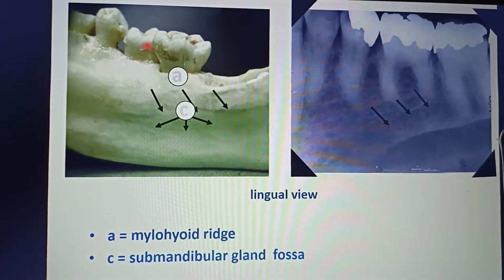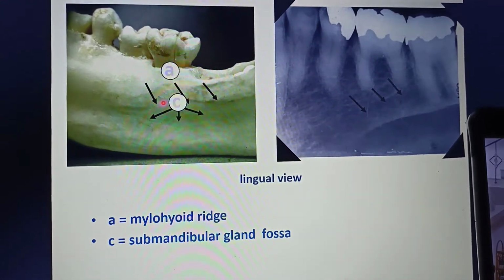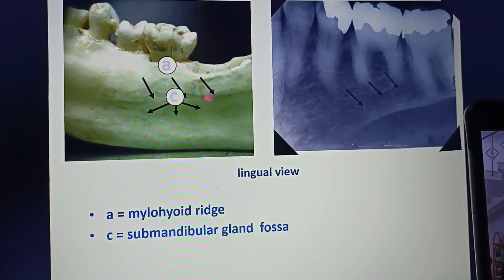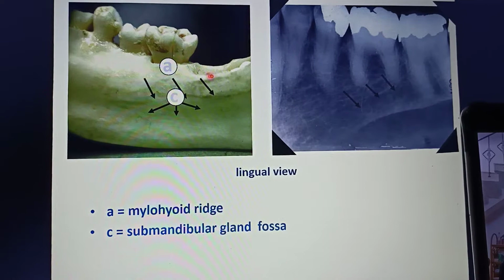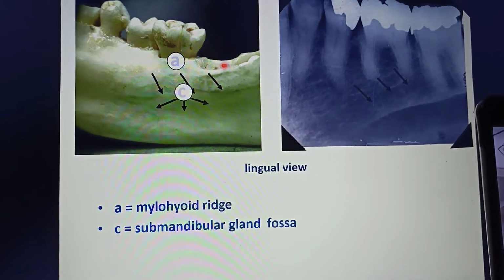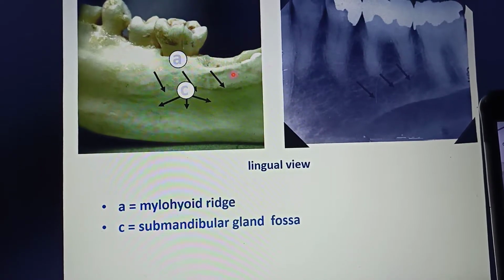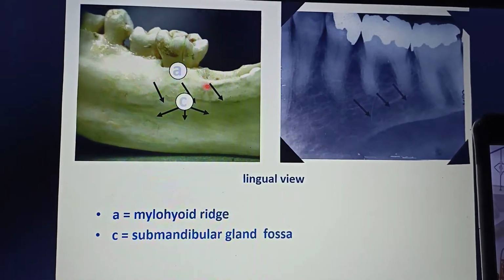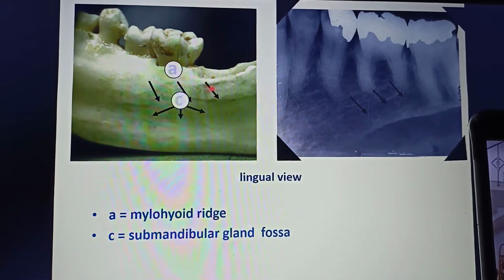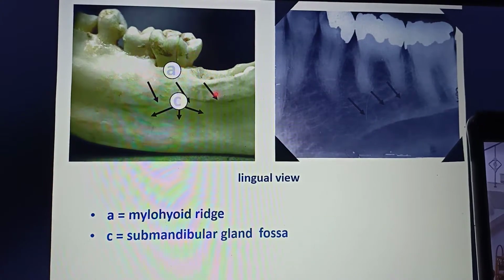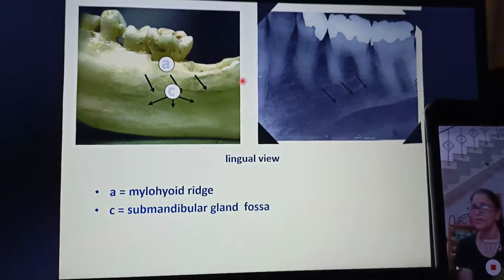Now this is a dentate patient, so the mylohyoid ridge is quite far below, and so it cannot cause any hindrance of the dislodgement of the denture, but the area from where the extractions have been done, you can see that it has come to lie quite close to the alveolar ridge. So now after a few months, if you have to give a denture to this patient, say a partial denture, then this ridge and the muscle which is attached to this will cause dislodgement of the denture.